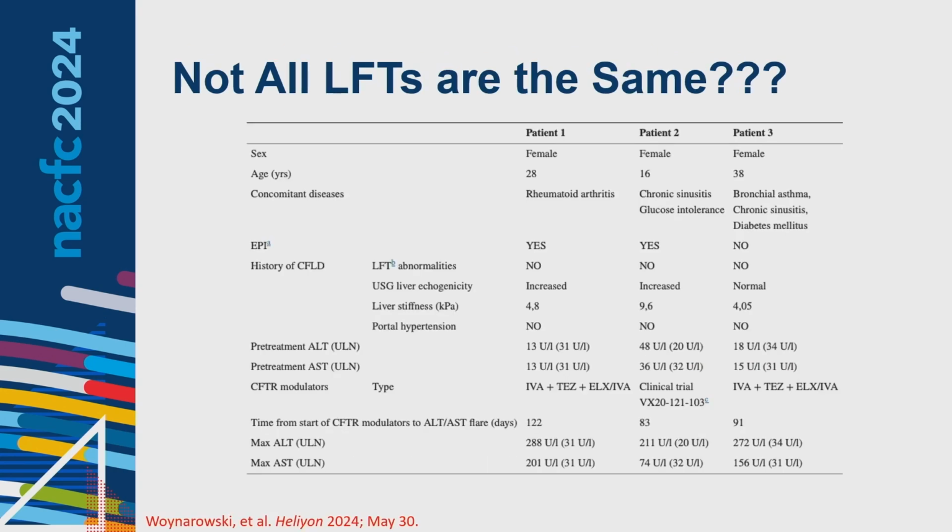One other thing that's come out pretty interesting, in my opinion, is a study out of Poland, but there are a couple that have come out now where they had 3 patients with pretty significant elevation in their transaminase levels, mostly on ETI. One was on this clinical trial. And they were having transaminase levels, ALT, into the 200s. And they did a full workup, and they couldn't find anything, and they couldn't figure out what was going on.